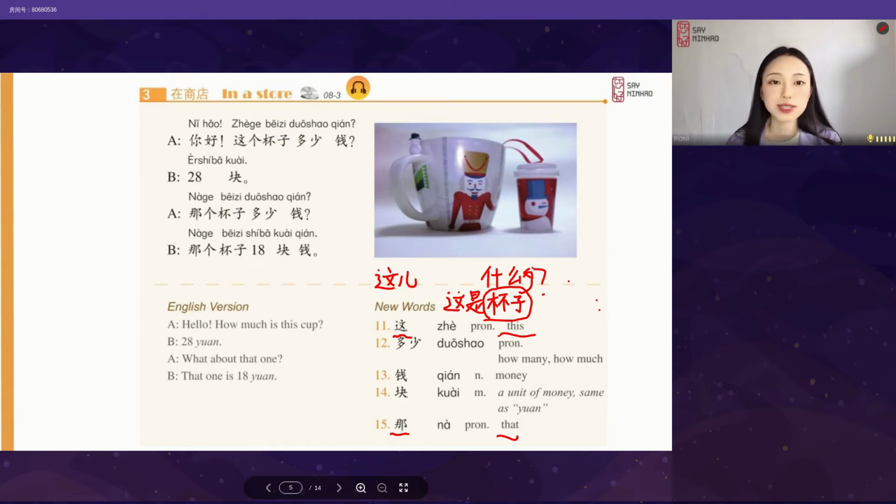So when I want to say what is that? Then it is 那是什么, right? 那是什么. Okay, so now let's try to say this cup. Is it just 这杯子? No, it is 这个杯子. Okay, 这个杯子. We will put 个 in between